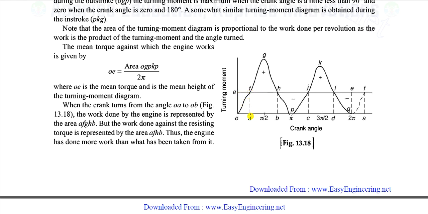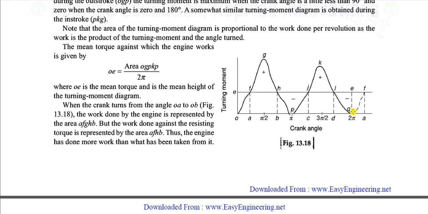Again, when the crank is rotating from A to B, what is happening? The required torque is this, meaning this is your resisting torque, but this is surplus. So this extra torque will be added, and at this point the speed will be maximum. Here the speed is minimum, for the same reason, because the required torque is this much and it is producing only this portion, and this is the negative side. So here the speed will be minimum. Again at this point the speed will be maximum. Again at this point the speed will be minimum.